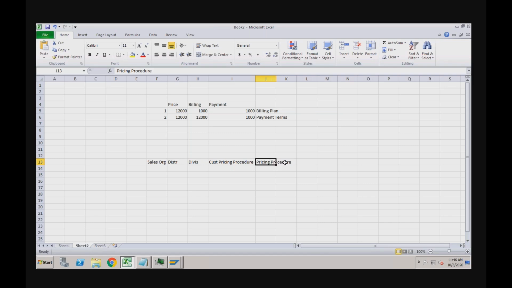Now, in this particular pricing procedure, there will be multiple condition types. For example, what are the different condition types? We have the base price, we have freight, we have discount, we have taxes. These are the different condition types. Okay, the values, if you want the default values, like how much percentage, how much is the per quantity charge,